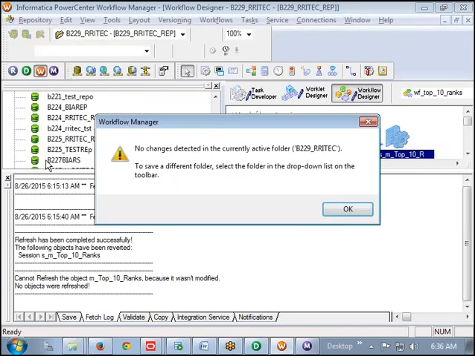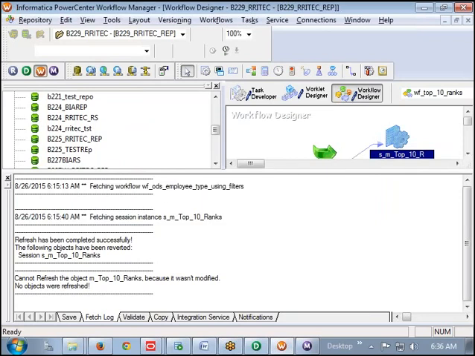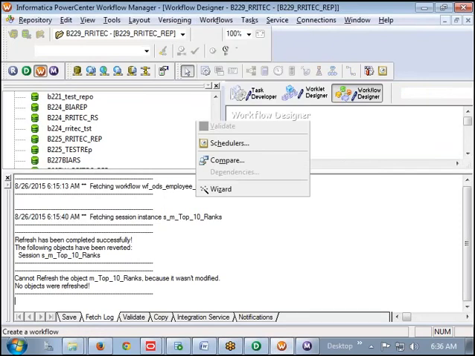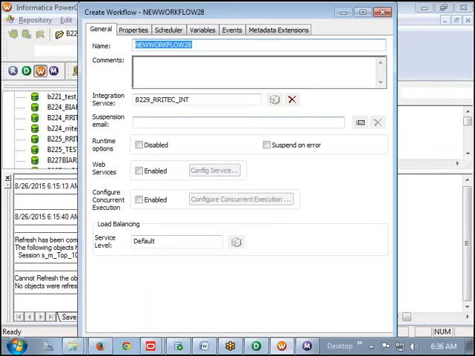Now go to a fresh workflow. You are doing the test rank, WF_dense_rank. We are doing the workflow.